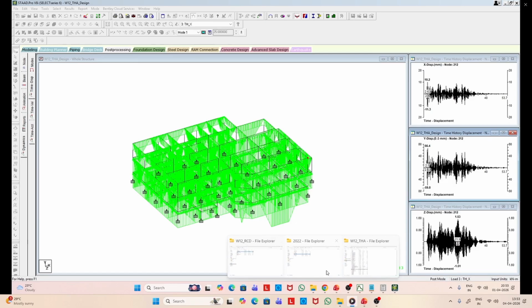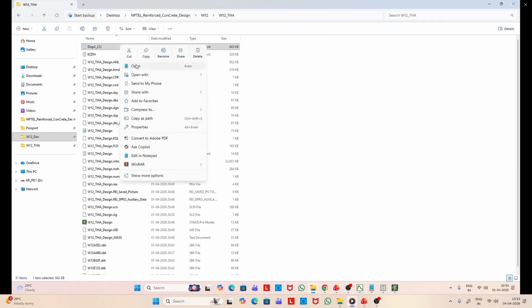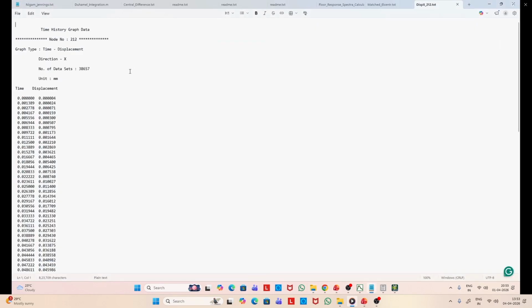So with that, you can actually save. Here you see displacement for 212 node is saved, and here is the complete list.